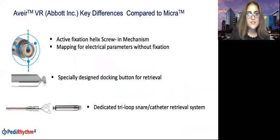So in terms of the fixation mechanism, the AVEIR has an active fixation helix screw. And another advantage is that passive mapping of electrical parameters can be performed without fixation. So this may actually reduce the risk of perforation. So you don't have to fully implant it and then retrieve it if your electrical parameters are suboptimal. So you can pretty much touch the electrode to the myocardium and then obtain electrical parameters without any type of